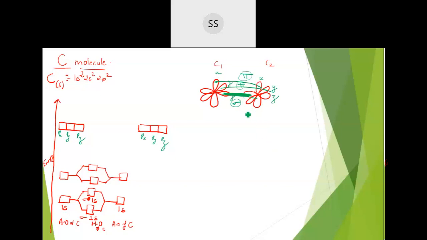Yeah, sigma should come at the lower energy state because sigma is stronger, no? Stronger means they have been formed with a lot of energy being given out, so they will be more stable. They should come at the lower energy state. So here remember that sigma should come in the lower energy state, but pi should come in the higher energy state. Now, one exceptional case: sigma is more stable, so that is the reason why it should come in the lower energy state.